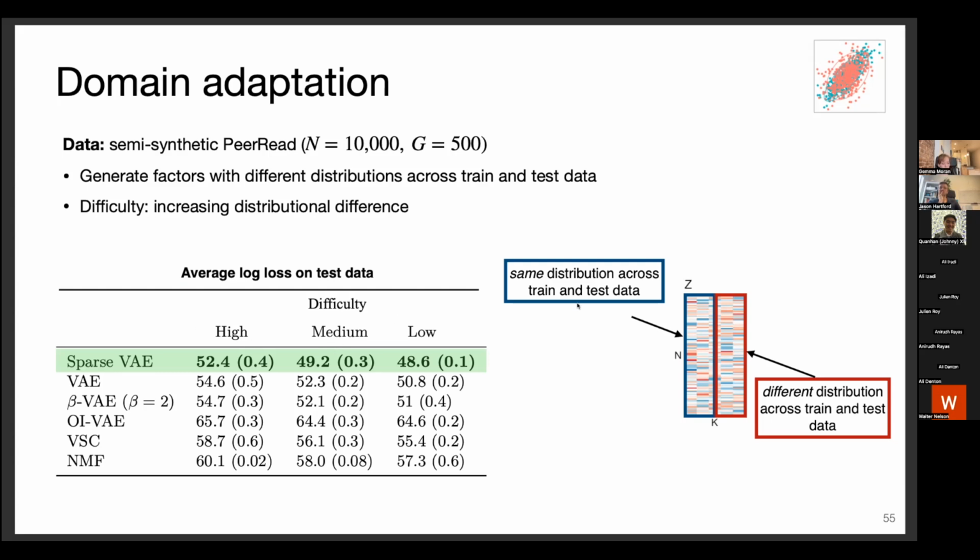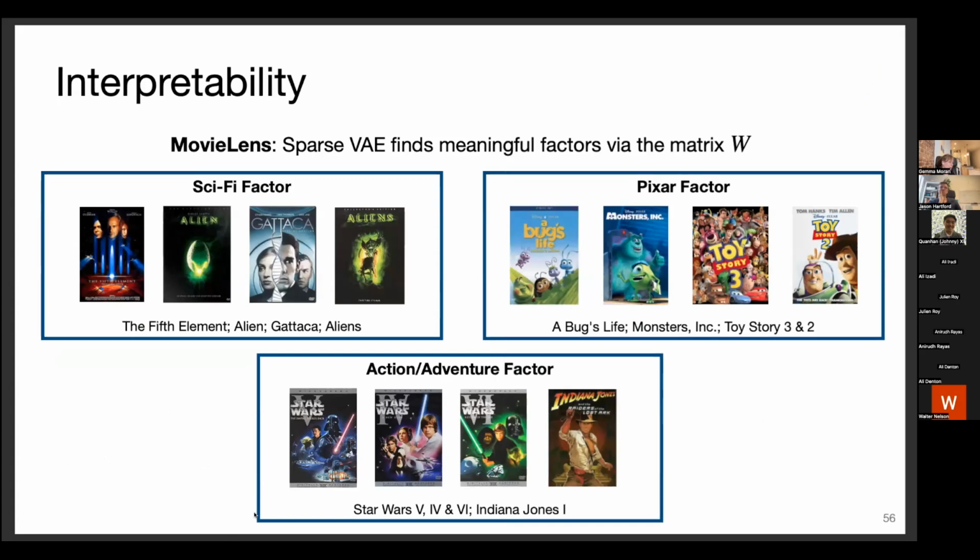Again, we can see that we're doing well here compared to all these other methods. We also look at interpretability. So, when we're observing this W matrix, are we actually learning something meaningful? In the MovieLens data set, especially, almost all of our factors of this W matrix grouped movies in a meaningful way, but three particularly fun ones were this sci-fi